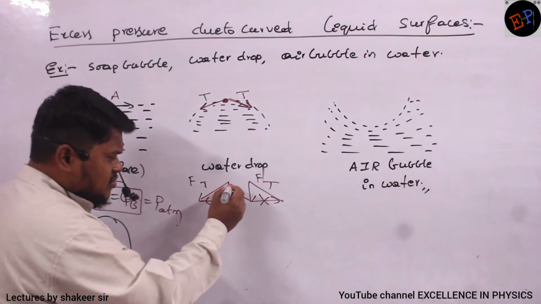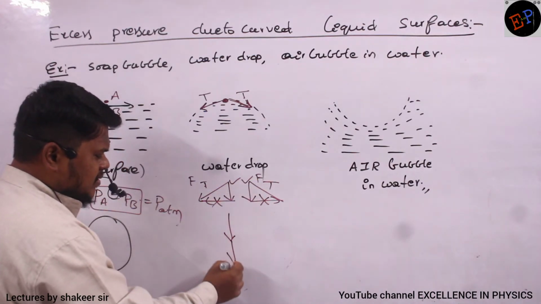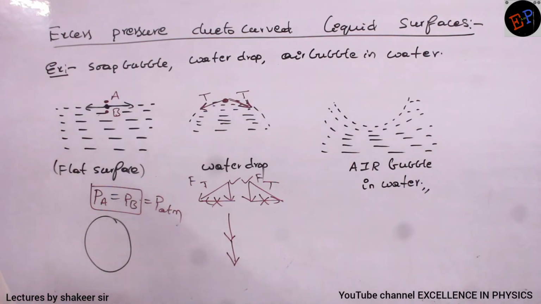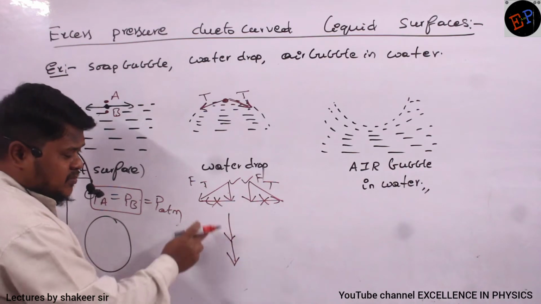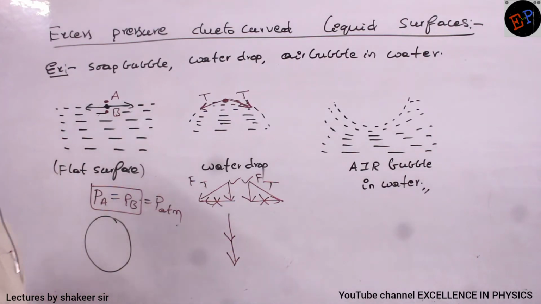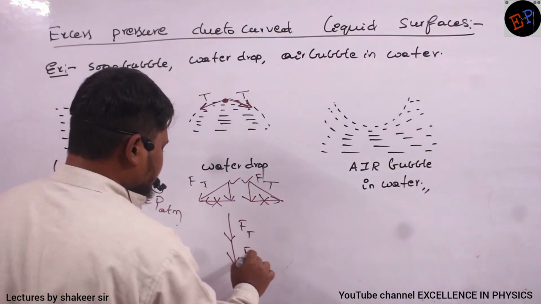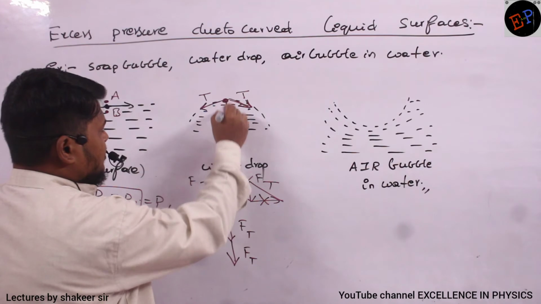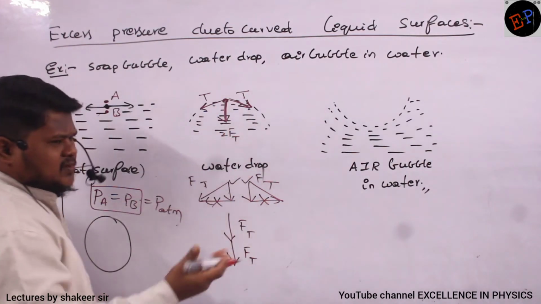But these two components are not getting cancelled with each other, they are getting added up with each other. Are you able to understand? These two vertically downward components are not getting cancelled, no? They are getting added up with each other. Is it clear? So this force due to surface tension is the net force which is acting. Net 2Ft I can write, for example.